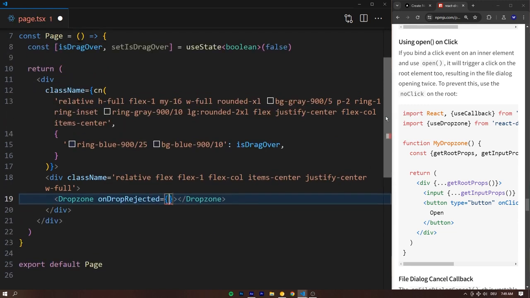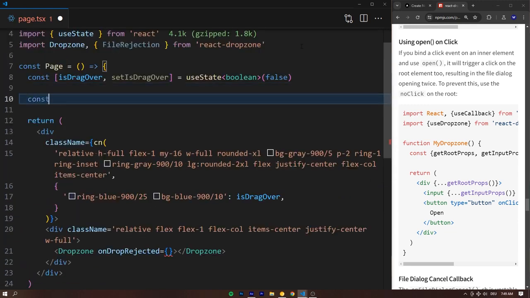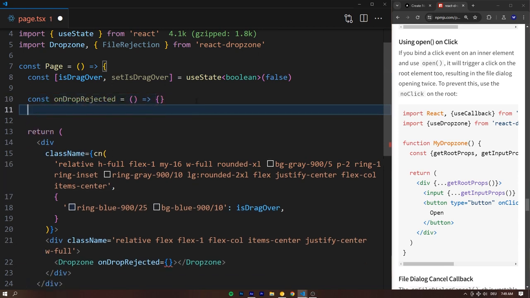There was no point in getting rid of that. And let's already kind of scaffold this out. Let's define a const and let's call it onDropRejected. So same naming, and let's just mark this as a function that does nothing for now, right? And same thing for the onDropAccepted, const onDropAccepted, and just kind of scaffolding this out makes